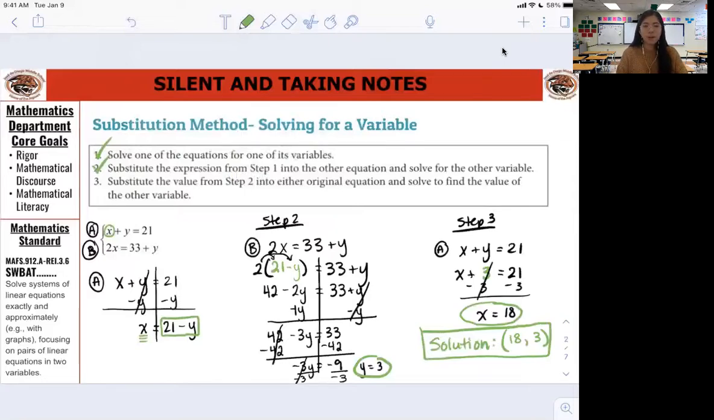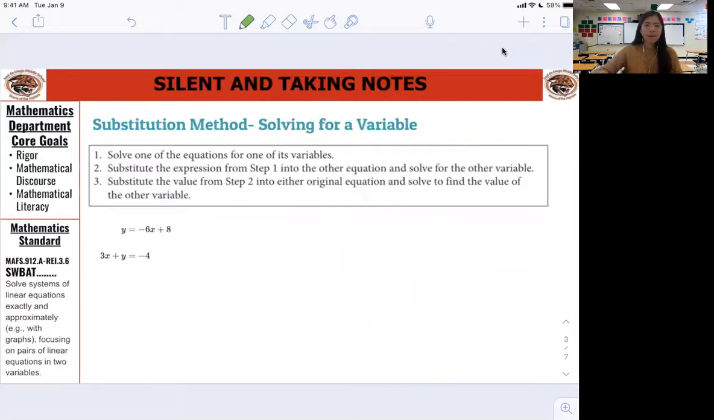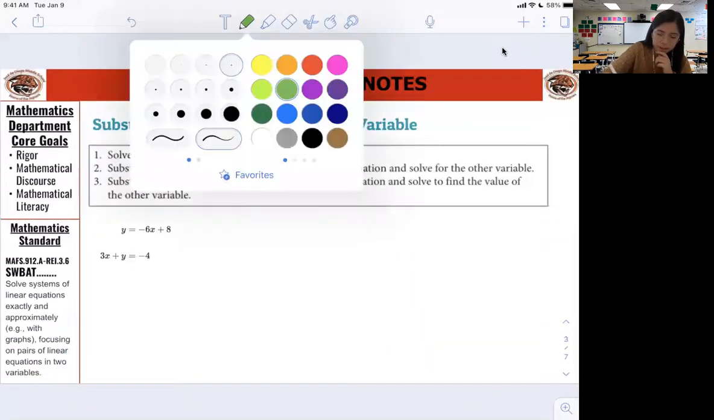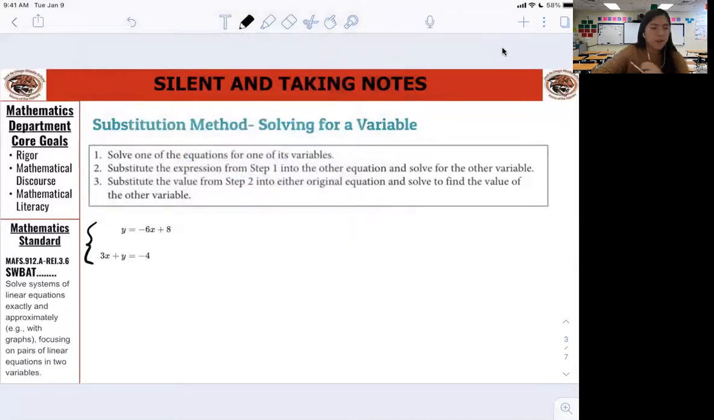And now let's move on to problem B. Okay, problem B is a little different. Let me draw my bracket. Problem B is a little bit different because if you notice, step 1 is supposed to be to isolate one of the variables. I'm supposed to try to get one of those variables all alone, but take a look. Y is already isolated for you. You actually can skip step 1. Step 1 is already done for you. So since that y is already all alone,